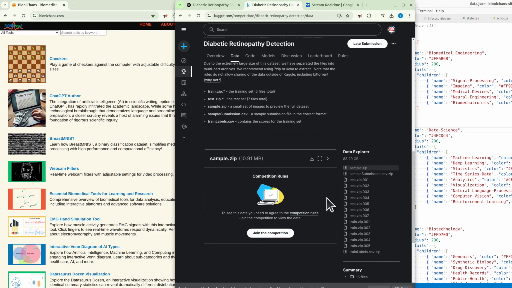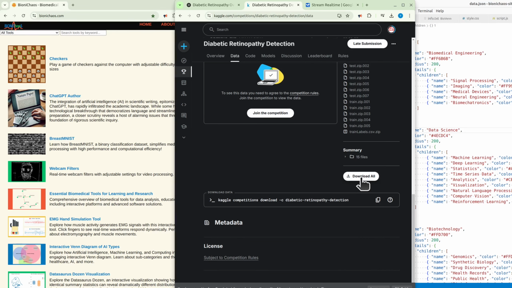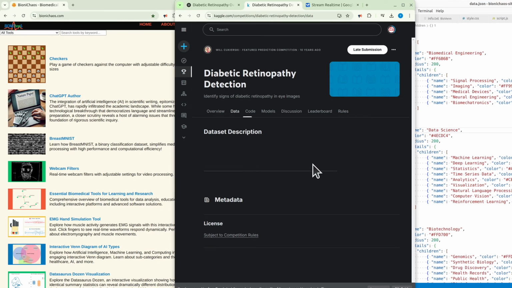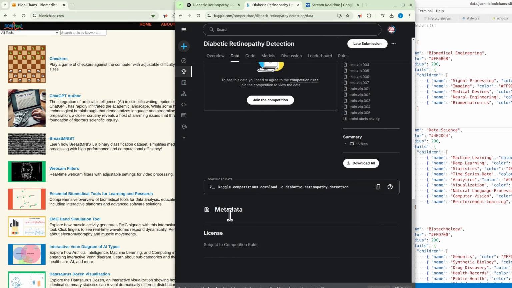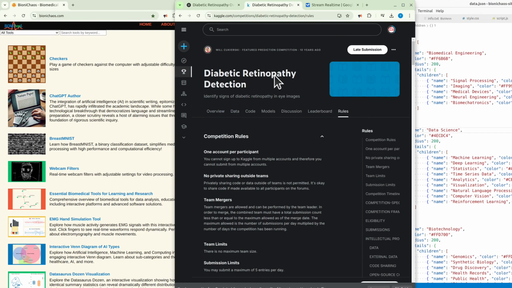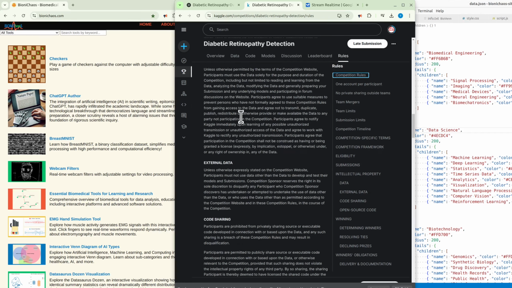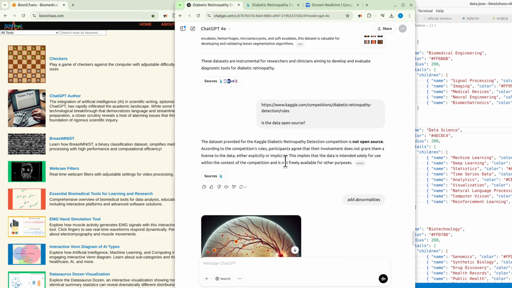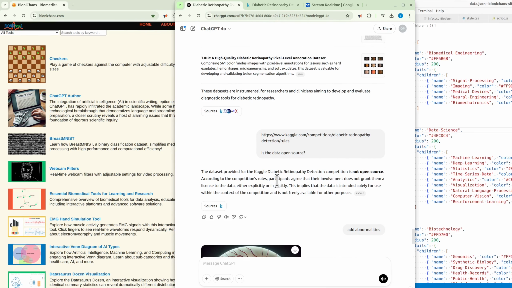A problem with this dataset is that when you go to download all, it says license subject to competition rules and sends you to the rules. I can't be bothered reading all the rules, but if we ask the bot whether the Kaggle competition is open source, it says